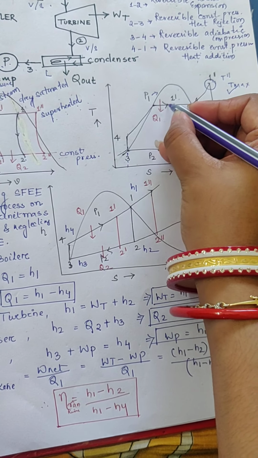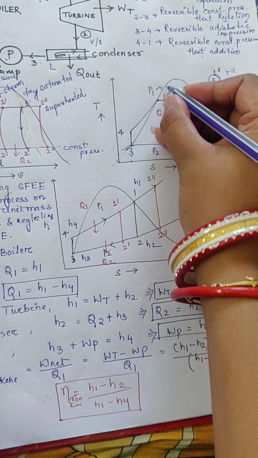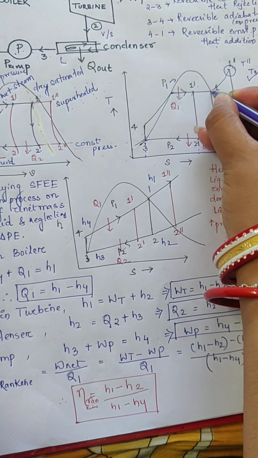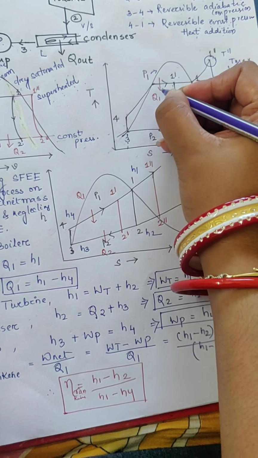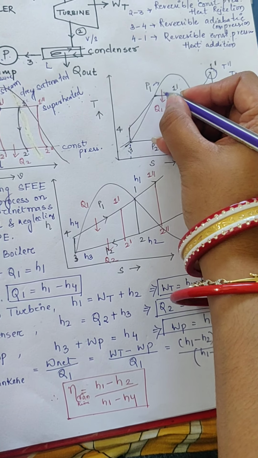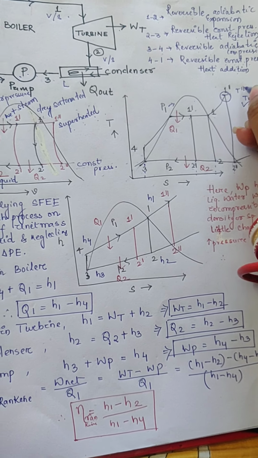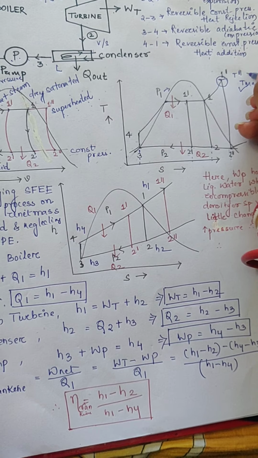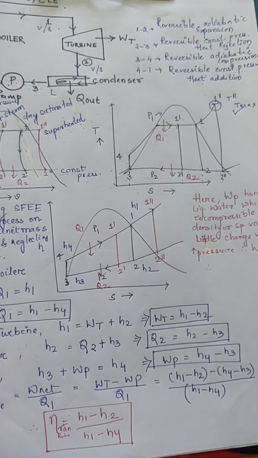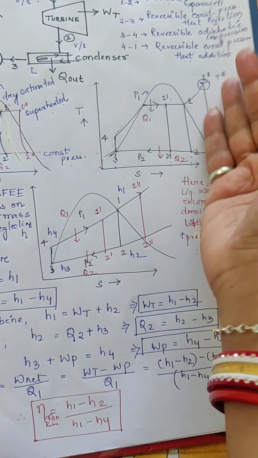See, this much area is considered while the heat is added over here. Again this much area is considered when the heat is added over here, and this much area is considered while heat is added up here. Means to reach 1 dash or T dash, the maximum temperature, we need this much area of heat. Means we require a large amount of heat, a large amount of latent heat.